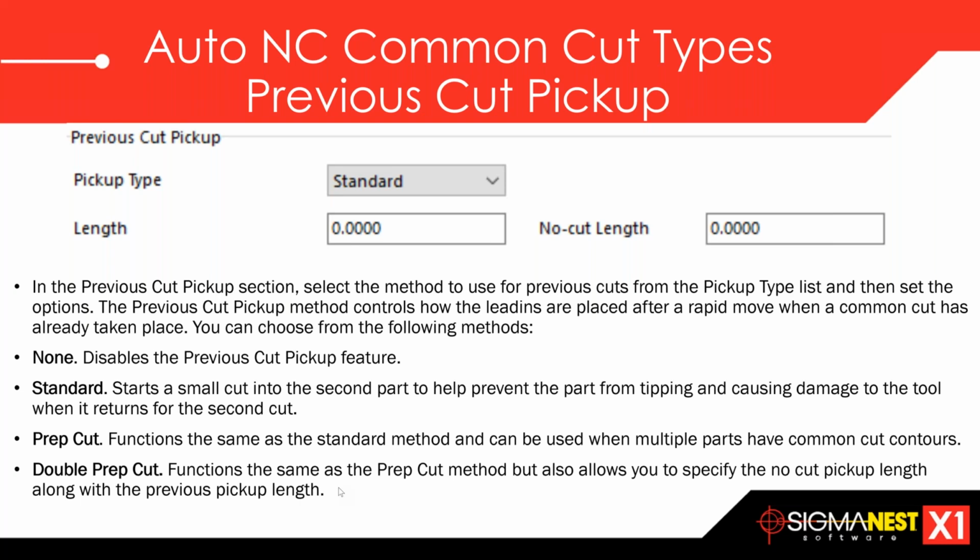The pickup points is the next option. Mainly, the pickup points should be used for rapid cut. It's typically not used that often for a single part or same part. Okay. So when you are using the